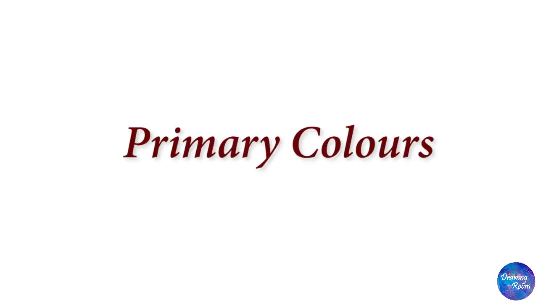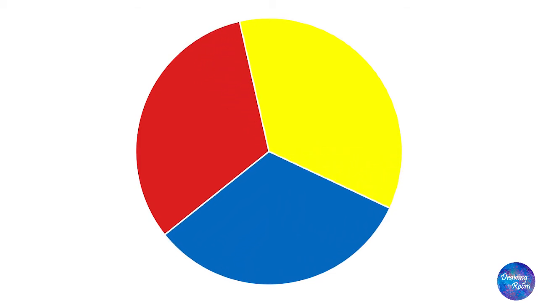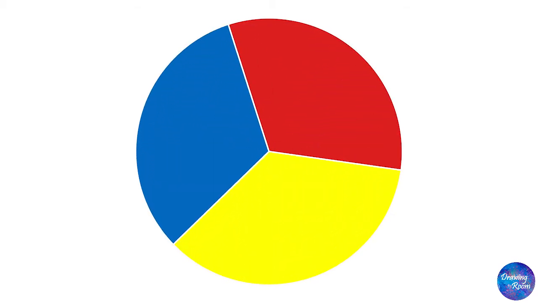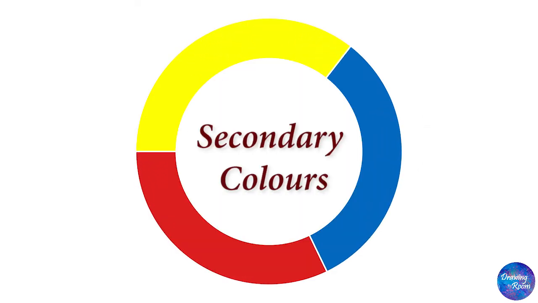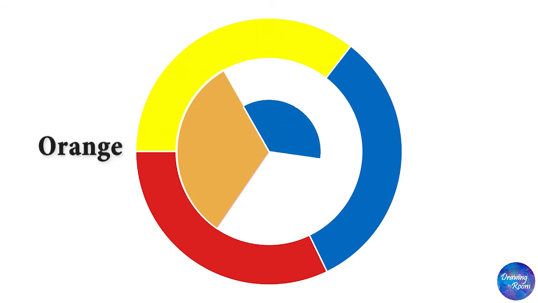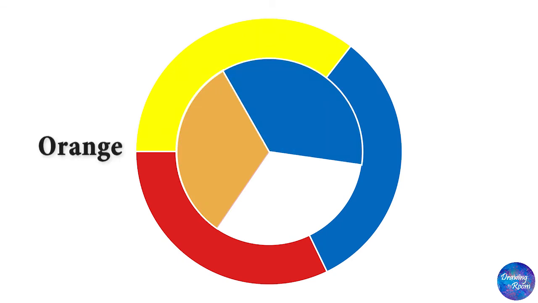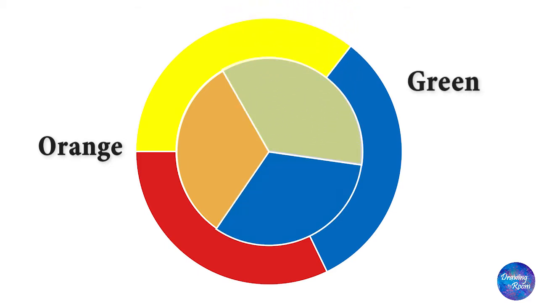The primary color scheme is made up of 3 basic colors: yellow, blue and red. You can achieve any color, any shade just by using these 3 primary colors. That is why they are called primary. The secondary colors consist of a mixture of 2 of these colors at a time. When we mix red and yellow, we get orange. When we mix yellow and blue together, we get green. And when we mix blue and red together, we get violet.